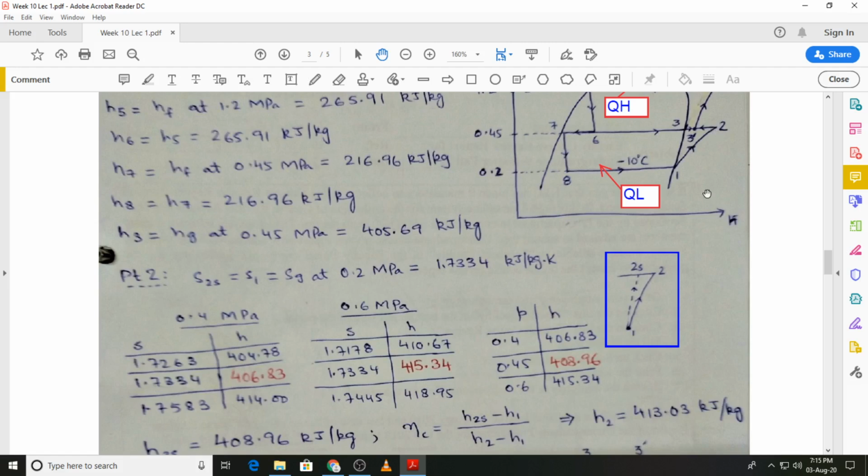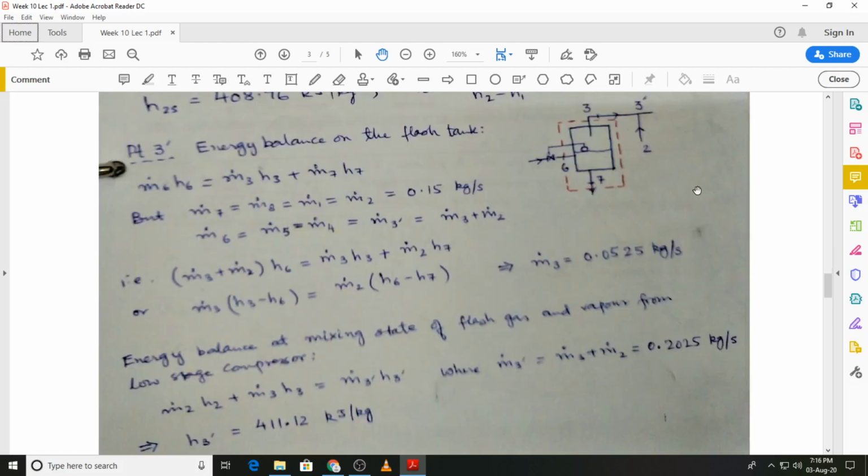The next thing is to find out or locate state 3 prime on this line 2 3. So on the p-h diagram we have 3, we have 2, but we do not have state point 3 prime, and that is the next thing that we have to look at. To obtain state 3 prime, we perform an energy balance on the flash tank, and again I've shown that portion of the arrangement